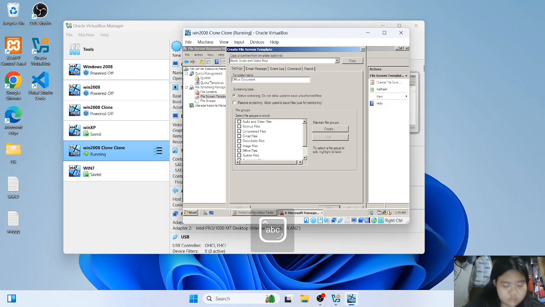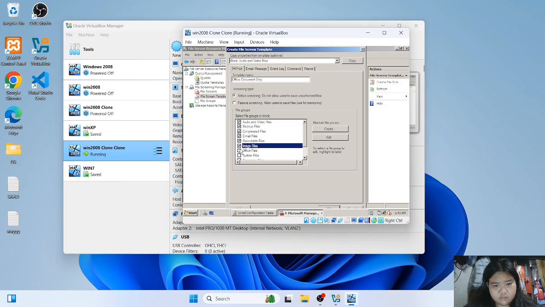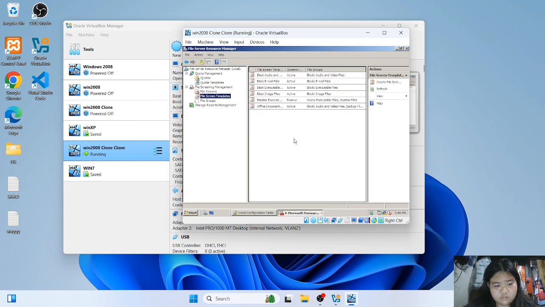So this is how I do my file server. So guys, yeah, I just got finished